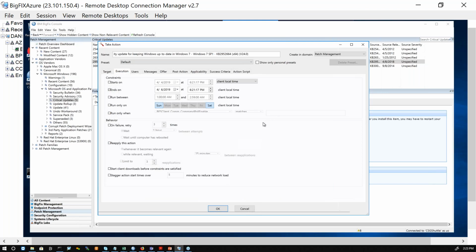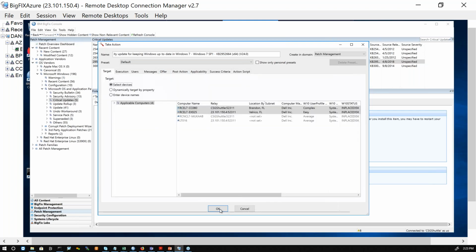The next piece I want to drill into a little bit is the execution. By default, it's going to try to start this patch based on when I click this action button. By default, it'll keep this action open for 48 hours, and then BigFix will automatically expire the action. I could adjust these things. I could also change the repeat date when I'm running things. I could select the days. We're going to get into a lot more of this as we build out this process in the next three weeks. But all I'm going to do in this case is show you that I'm going to target these machines